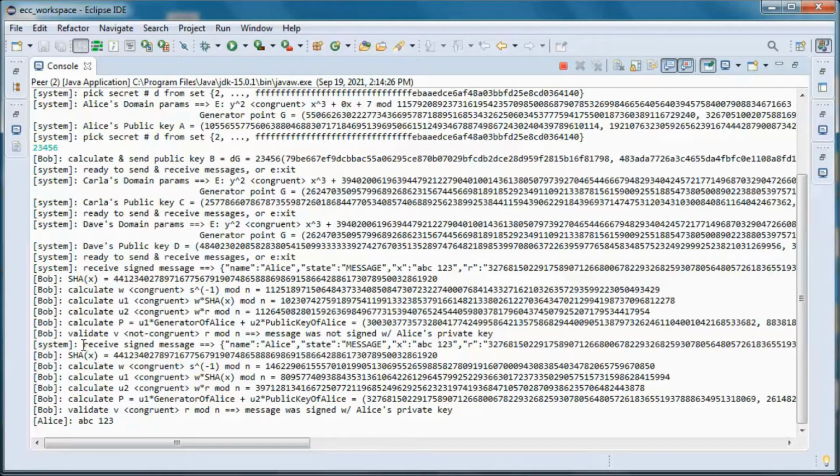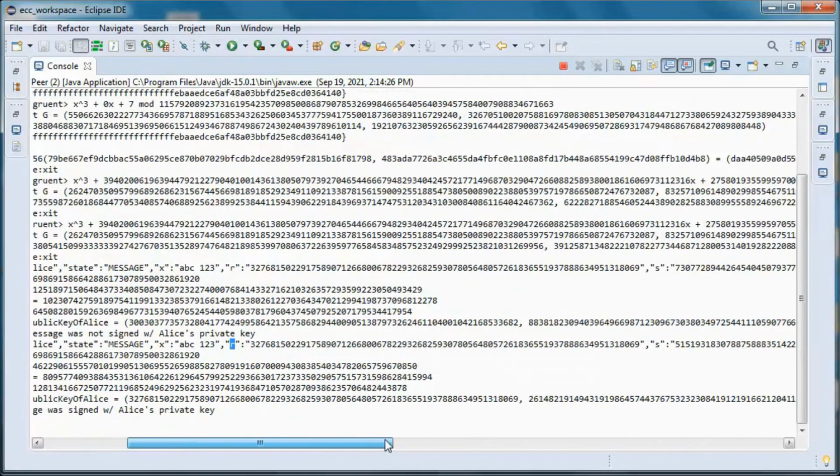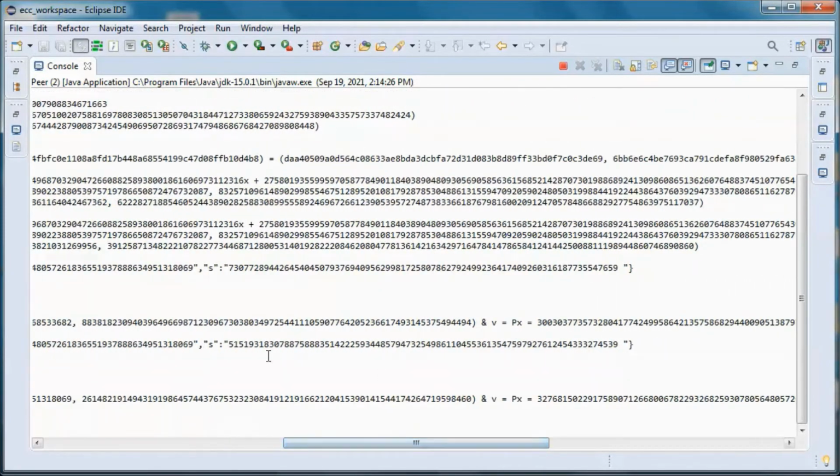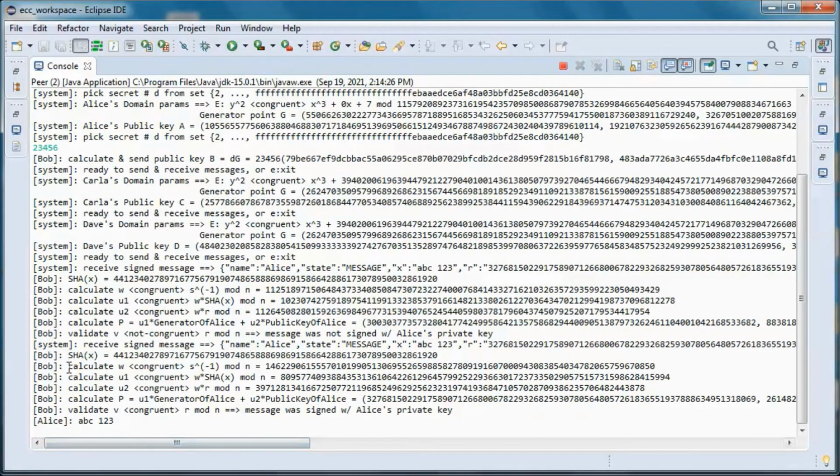So they receive the signed message, the R, lowercase r, and S, and they use those.